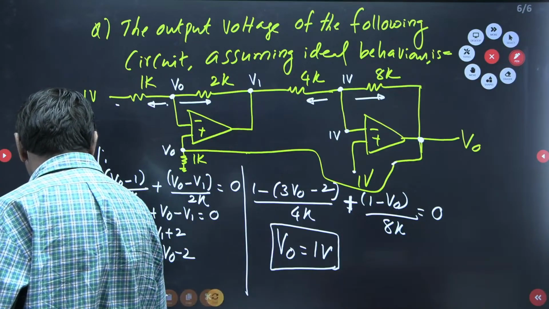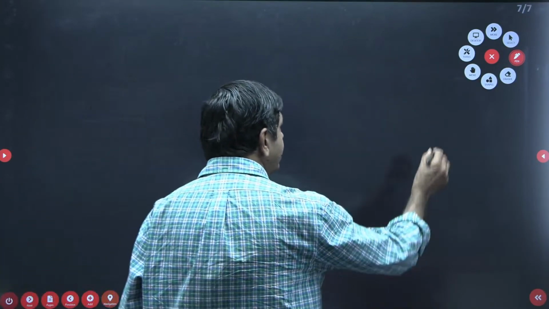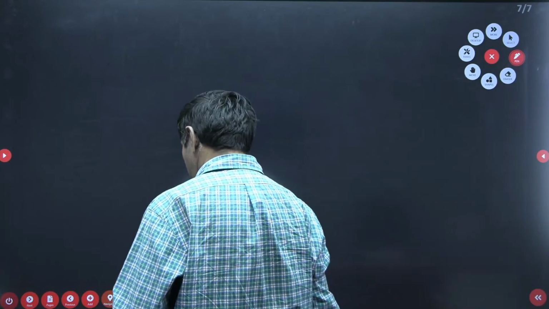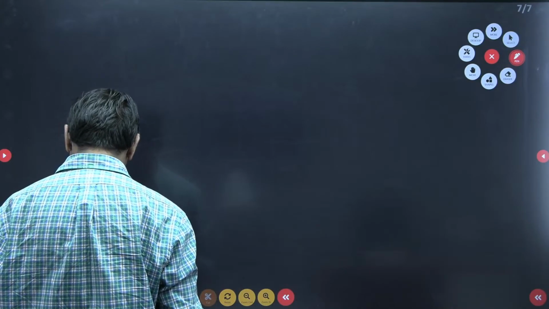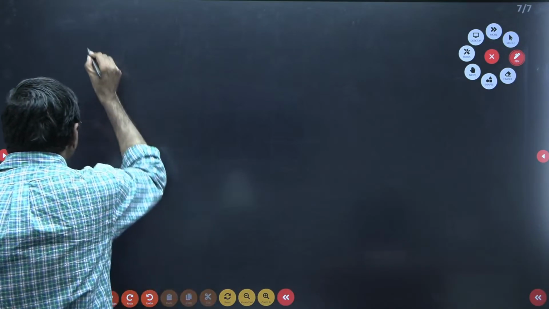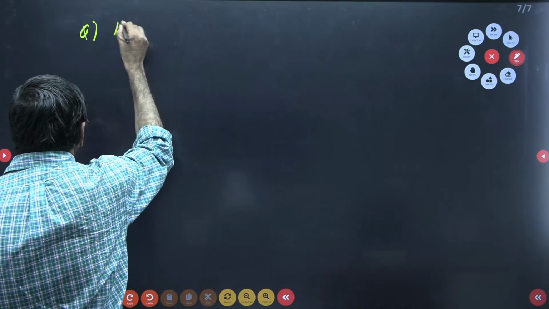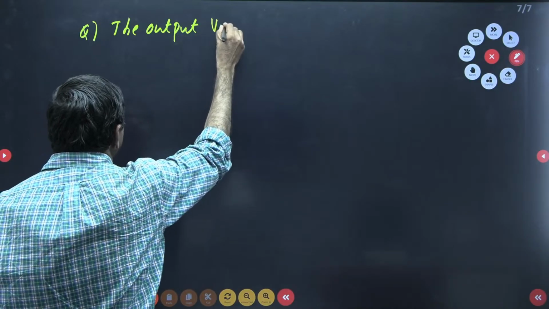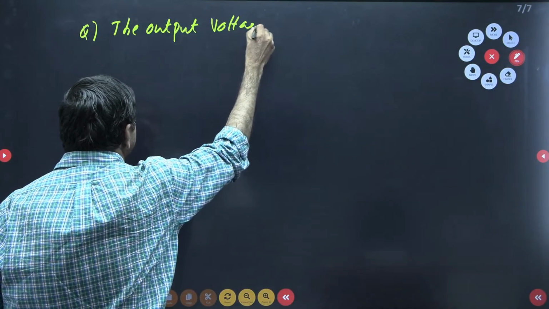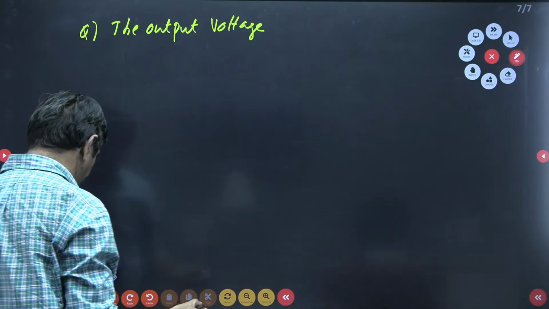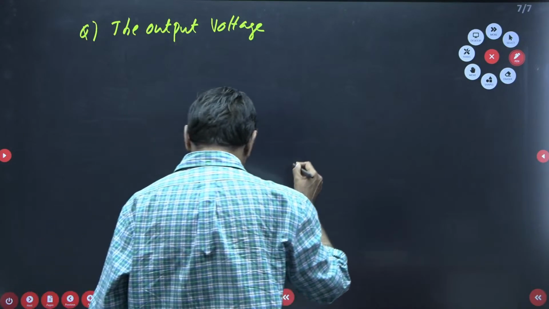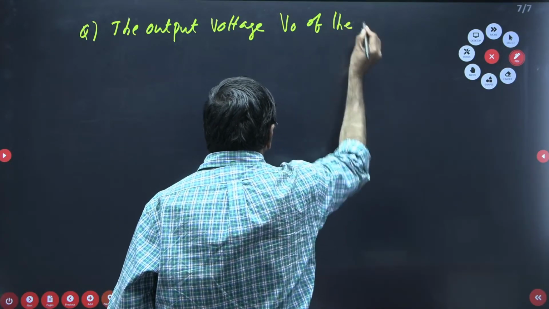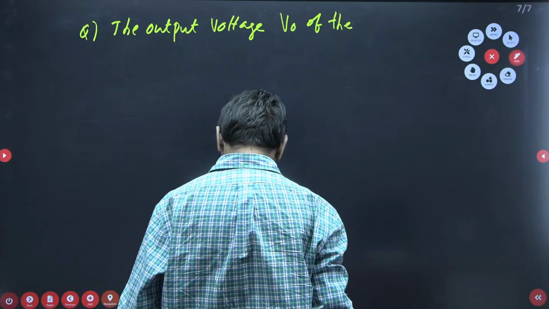But I want to give one more question. You try to practice. You give the answer with your own efforts. The output voltage V0 of the below circuit is